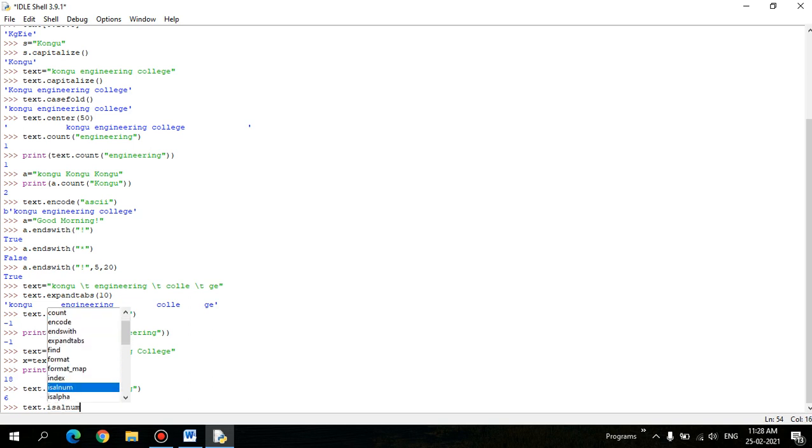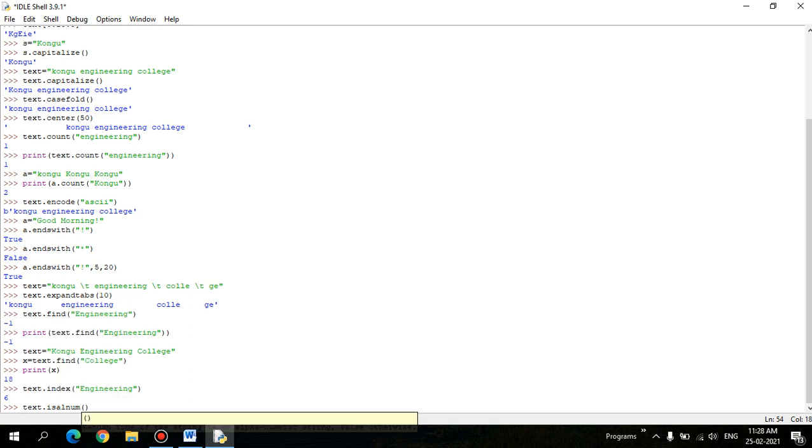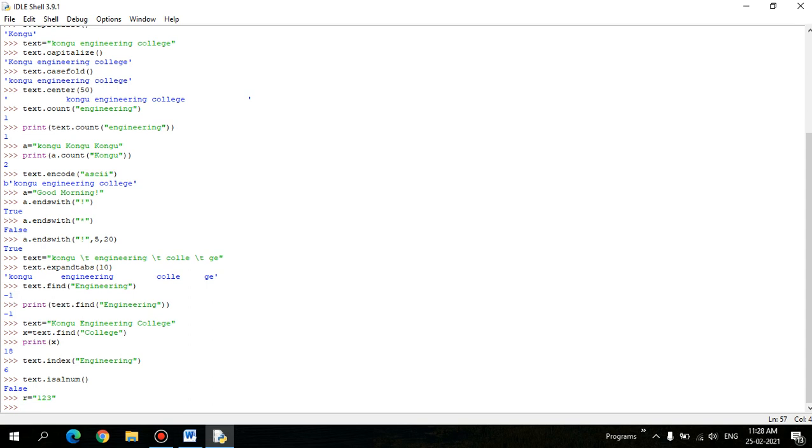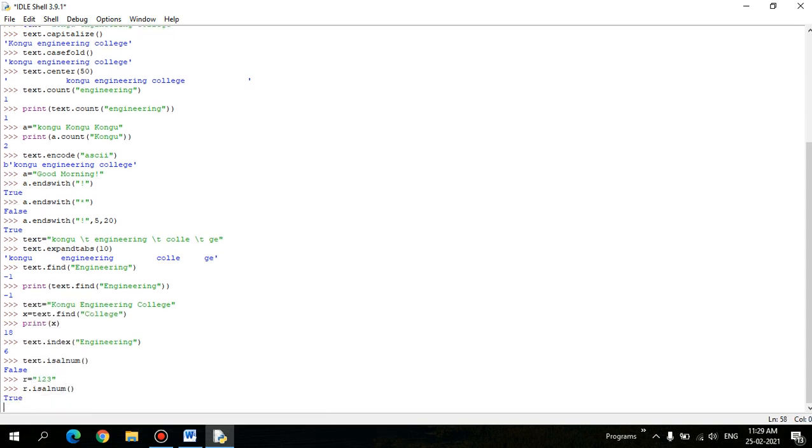There are plenty of functions that are supported. This is the function that checks whether the string has all alphanumeric characters, right? So isalnum. It doesn't accept any argument. So if you want to check for alphanumeric characters, to make sense, I'll go with some alphanumeric characters. Let's take 1 2 3 as my string, and I'm going to use this dot isalnum. So I'm going to check, yes, it is true, right? Now all my string characters are alphanumeric, right?